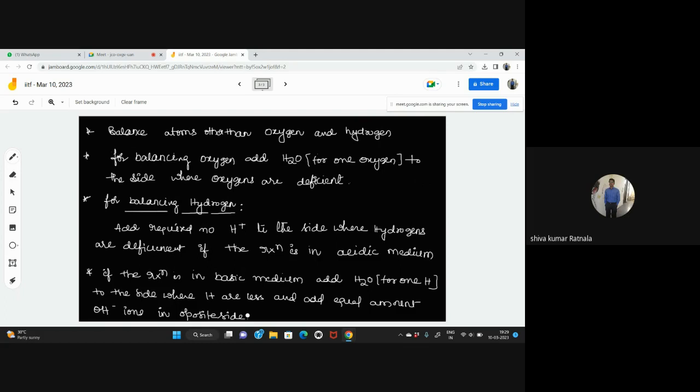So what you need to do: for balancing oxygen, you need to add H2O, and for balancing hydrogen in acidic medium, you need to add H plus ions, and for basic medium, you need to add water molecule, and on the opposite side, you need to add OH minus ions. Okay. Next,